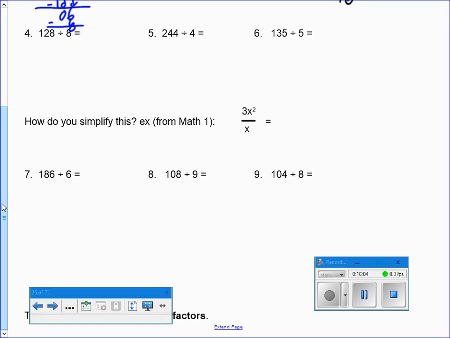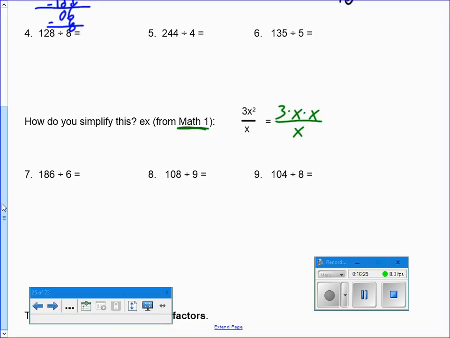So now we're going to go through a little bit of a shortcut here for division. Again, just like with the multiplication, we try to break up the numbers, make the problem easier to work with. We do the same thing here with division. So here's something you might remember from Math 1, when we're simplifying what are called rational expressions. Rational expressions just mean fractions. So something like 3x squared divided by x. If you write it all the way out, that'd be 3 times x times x